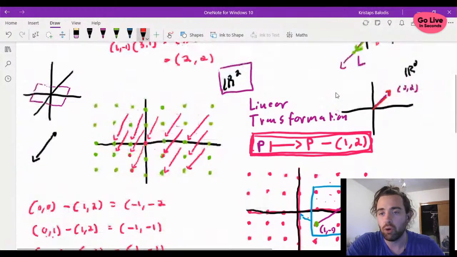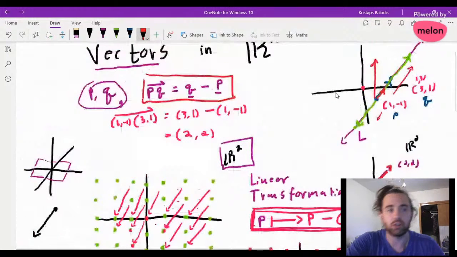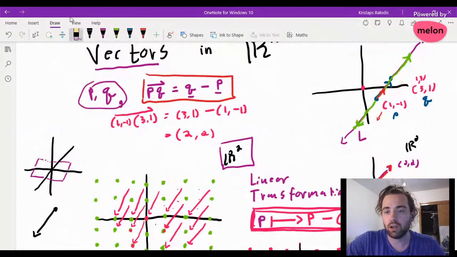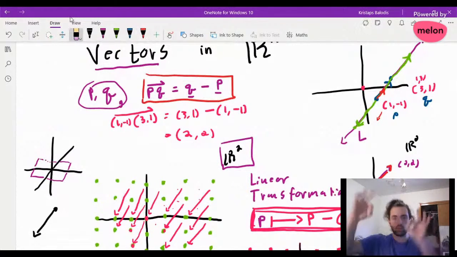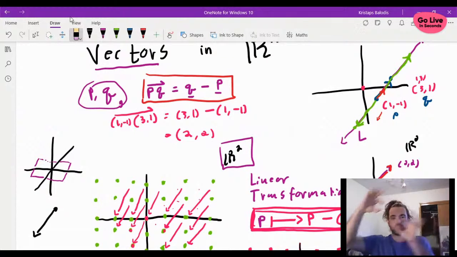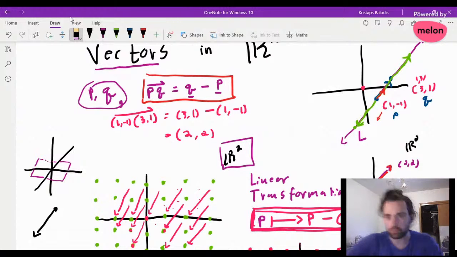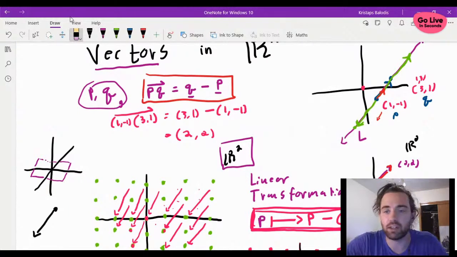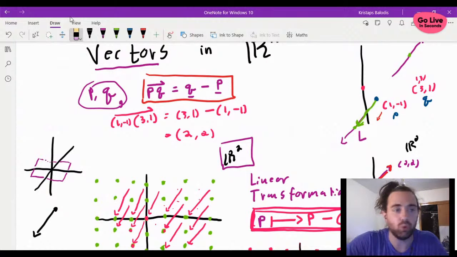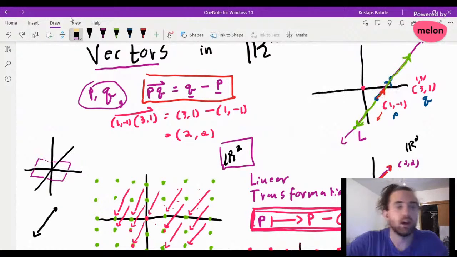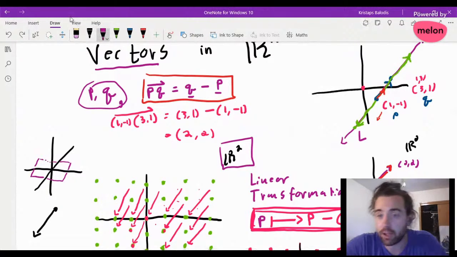And if we think about how everything up here, when we translate it, remember, the points end up in different spots, but the distance between any two points we started with is going to be the same when we shift them both over. So what's going to happen if I'm looking at versions of this line,